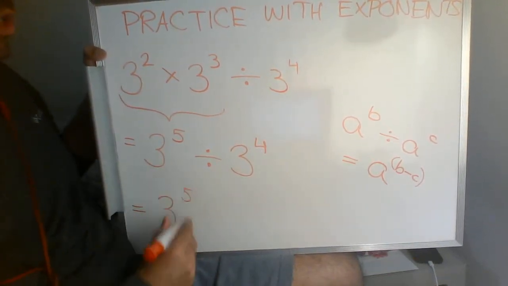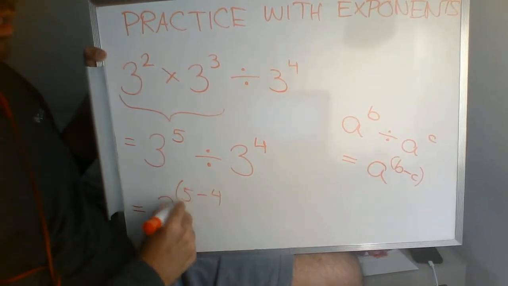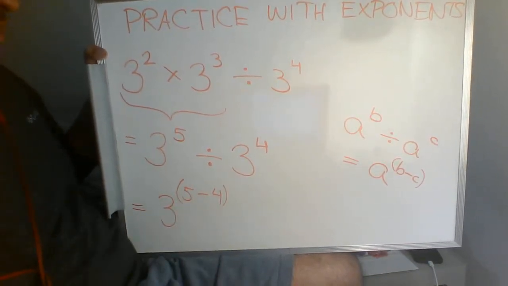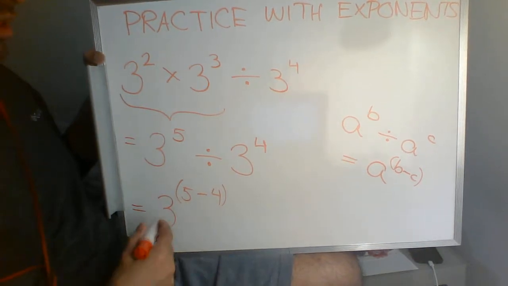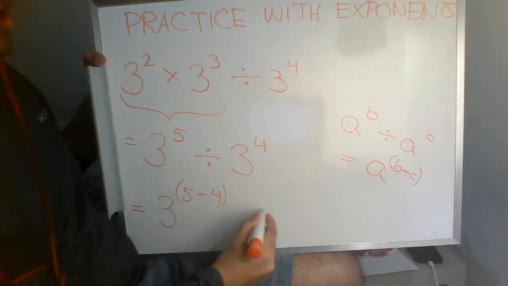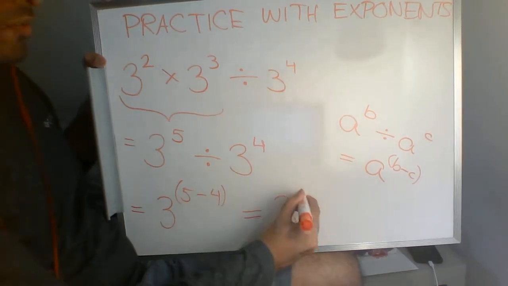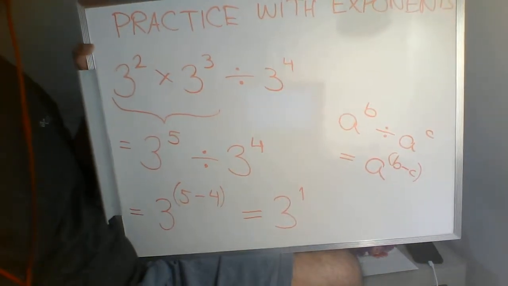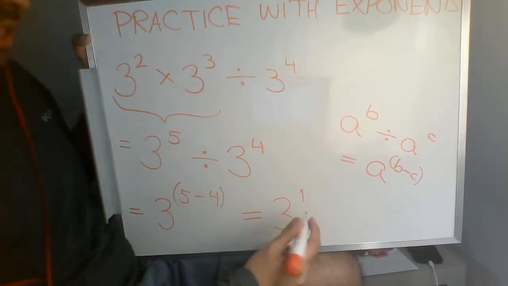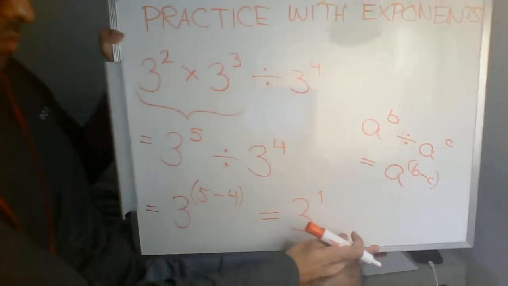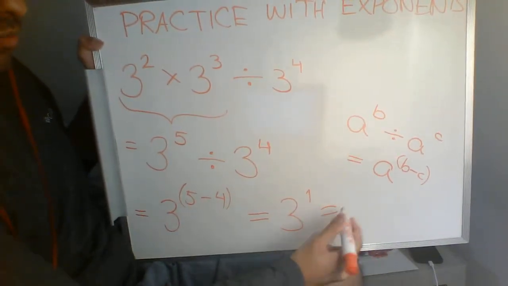It has to be the first exponent minus the second exponent, because the order matters when we're doing a division problem. So that's going to leave me with 3 to the exponent 5 minus 4. We can simplify that exponent down. 5 minus 4 is 1, so that's just 3 to the exponent 1. And then we saw in the last video that you can simplify that down to just whatever number you started